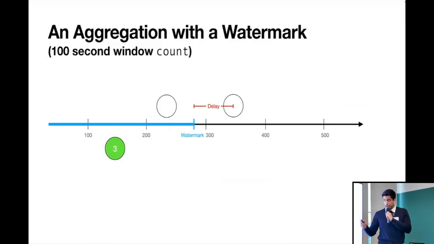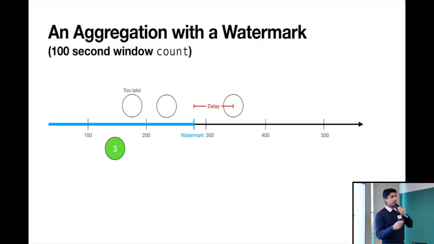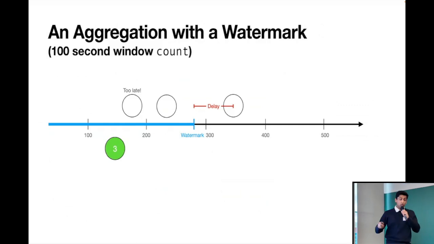And now if we receive a record in this window, we know that it's too late because it must be an outlier. It must be in that 1% of events that come too late. And we're actually fine ignoring it because the delay that you configured is you telling the streaming engine how long and what completeness you want. So we ignore it.